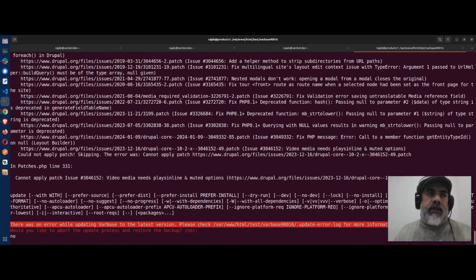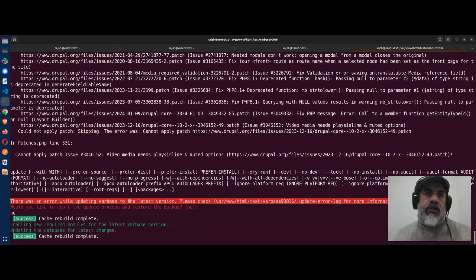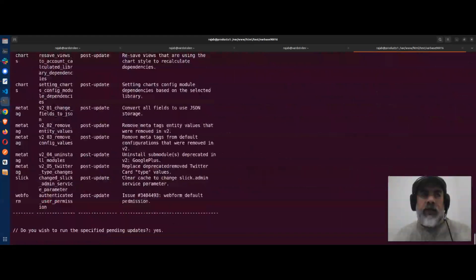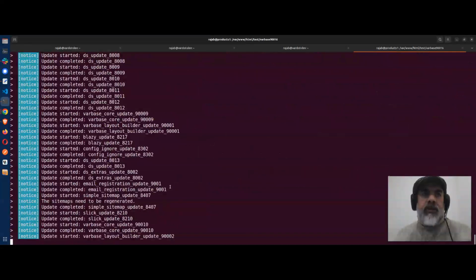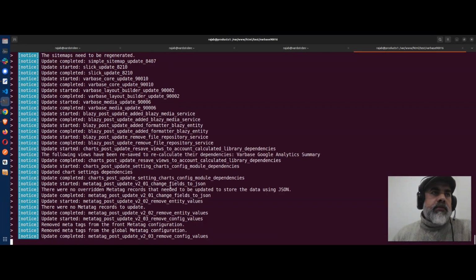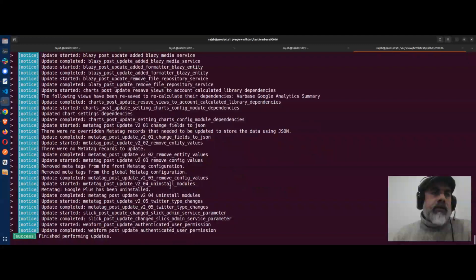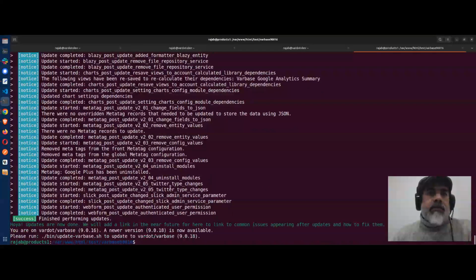If it gives you a little bit of trouble, you could go back to composer to find out which package is holding you up. You have to go to any package which only works with Drupal 9 and change it to work with Drupal 10. And that's it. Now this site is upgraded to